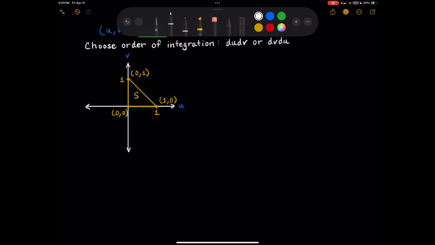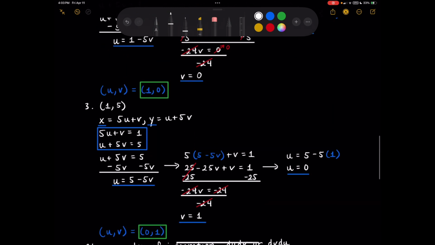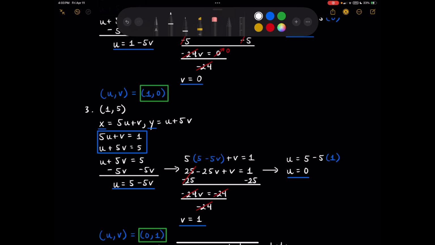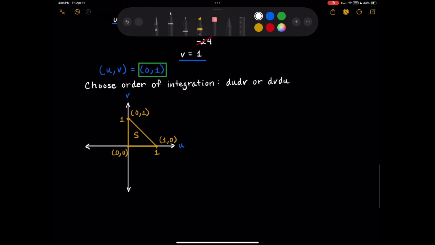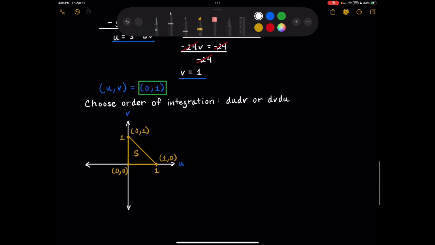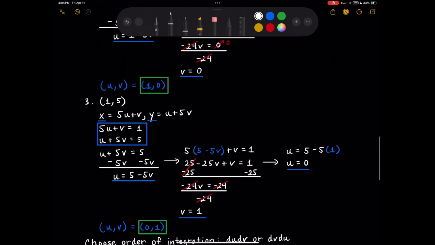And it's worth mentioning that in this case, there were no x squareds or anything like that that might alter the shape of this, right? We only have, these are just simple equations here. So, but there are other problems where you might have, I don't know, maybe an x squared in there, or